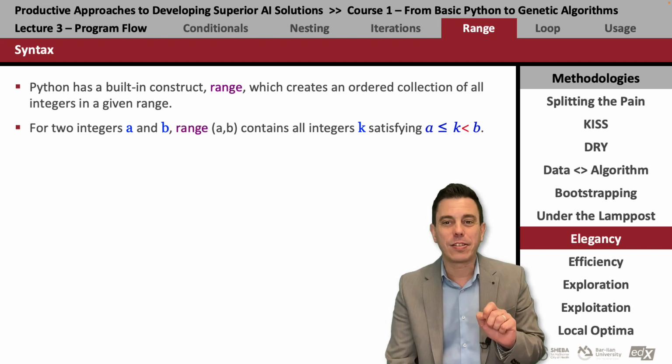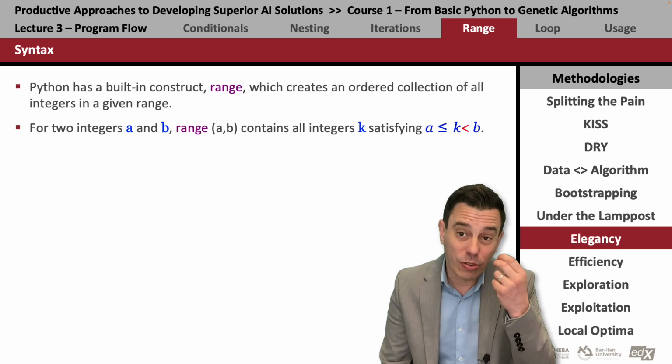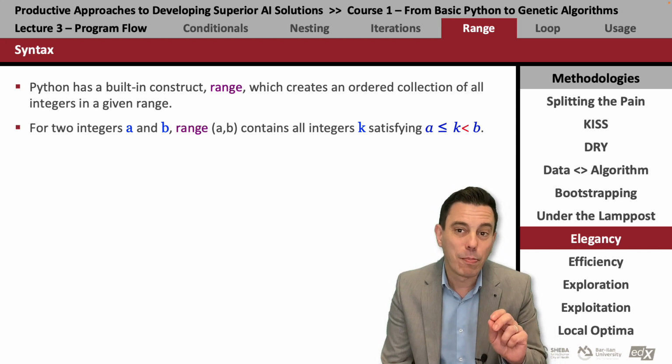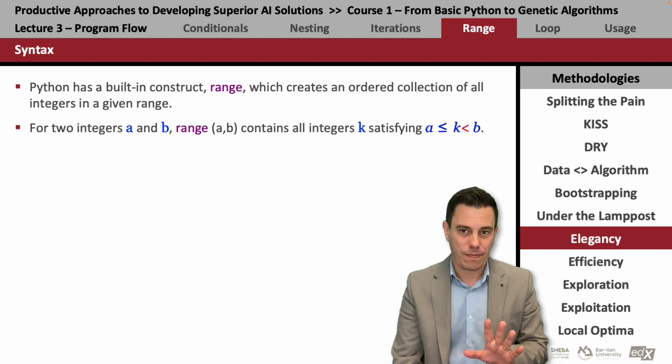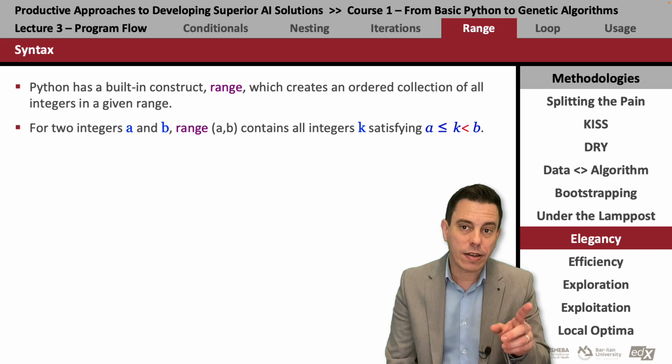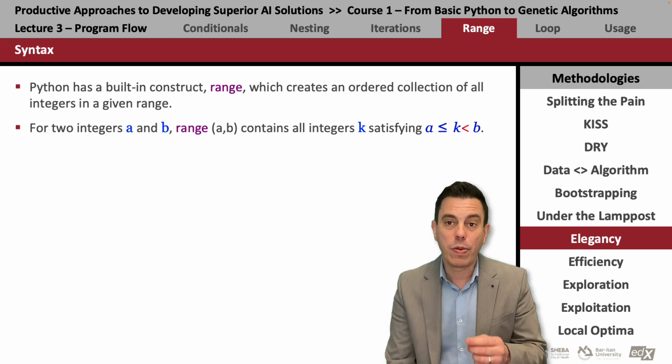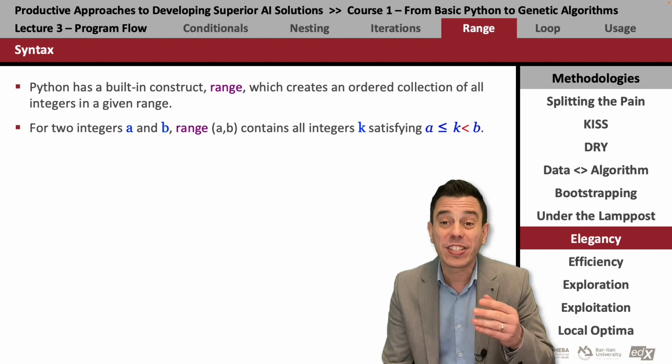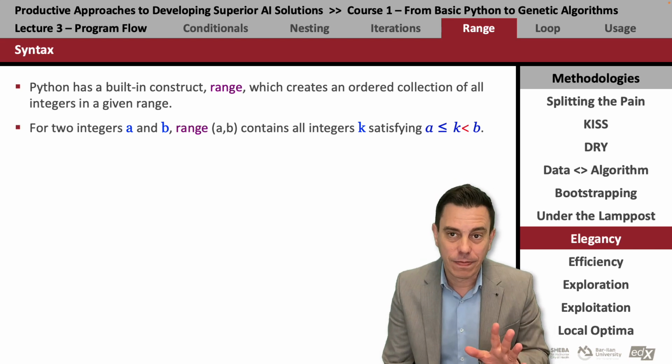And as you can see in this mathematics, the range contains a, but doesn't contain b. This is the syntax. So range 1, 10 will be 1, 2, 3, 4, 5, 6, 7, 8, 9,